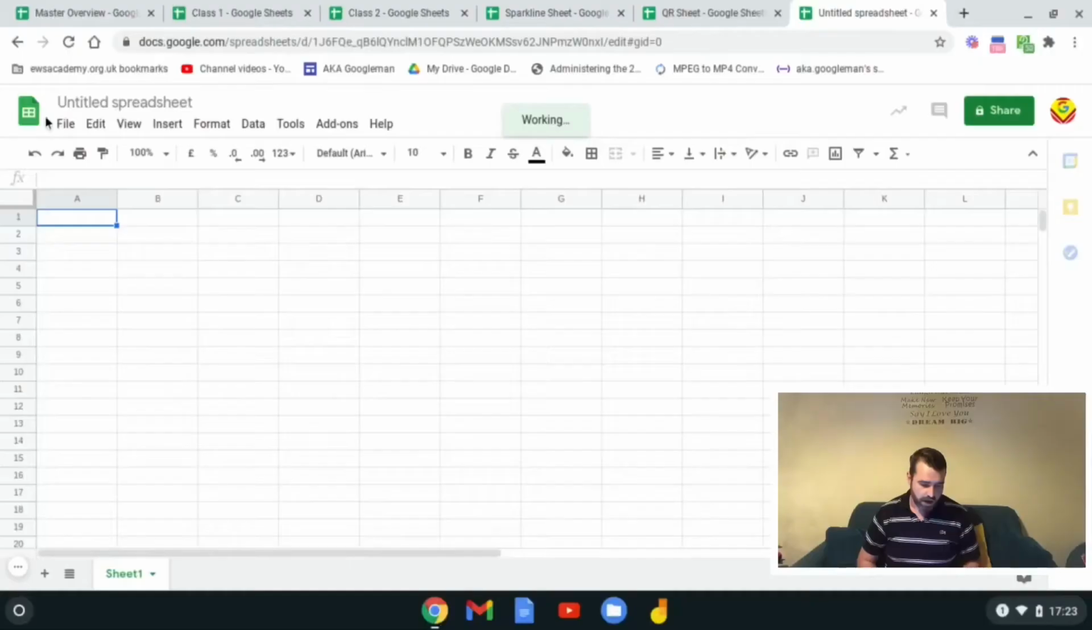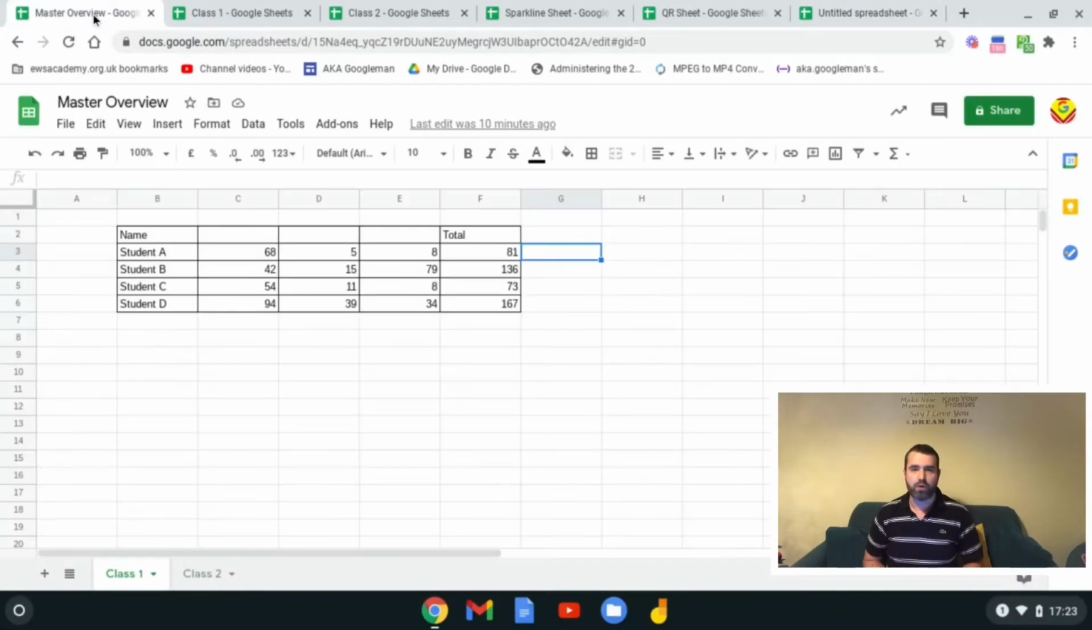Straight in then to number 2, we're going to be looking at importing data from different spreadsheets. So I'm going to come over to this one here called Master Overview. This is where, if you're a head of department like me, you want to draw in data from several Google Sheets that have been created by different teachers into one place for you to be able to monitor really